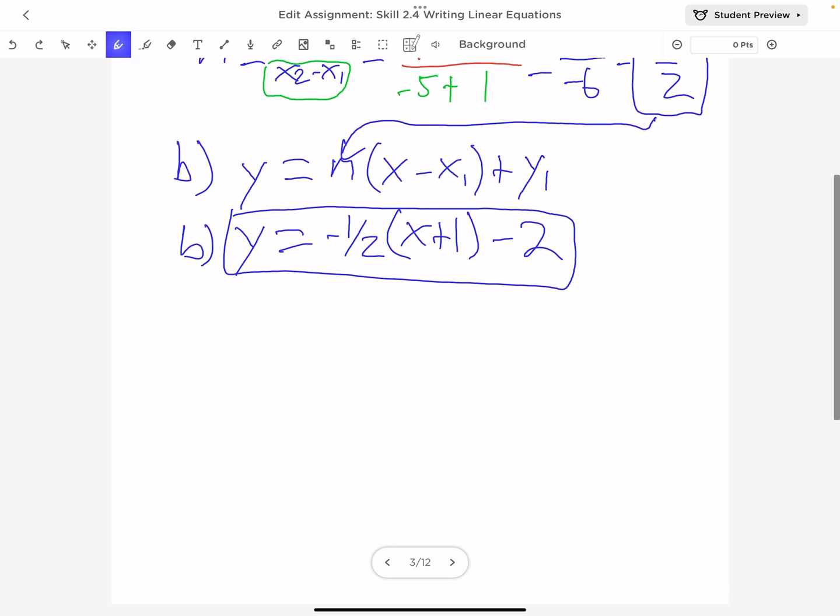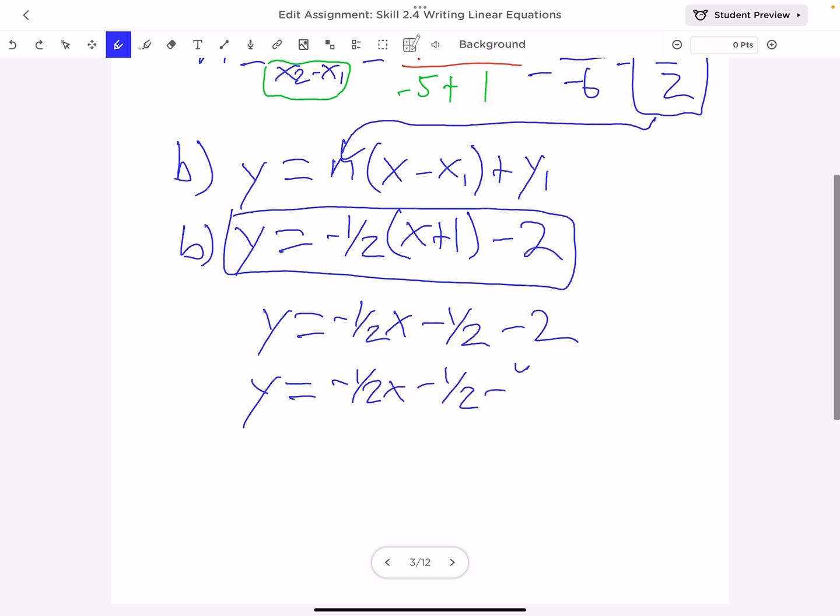Now for part C, what I do is I take my point-slope form and distribute my negative 1/2 to these two. And so when I do that, I get y is equal to negative 1/2 x minus 1/2 minus 2, since I've distributed. And I can rewrite negative 2 as minus 4/2,